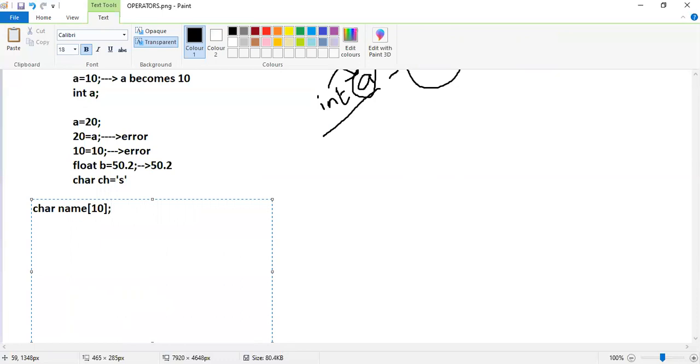It will create 10 bytes of memory to store characters. And if we write name is equal to Sai Kumar, it will give an error, because string copy is not allowed this way. Note: we have to use the particular function called strcpy.